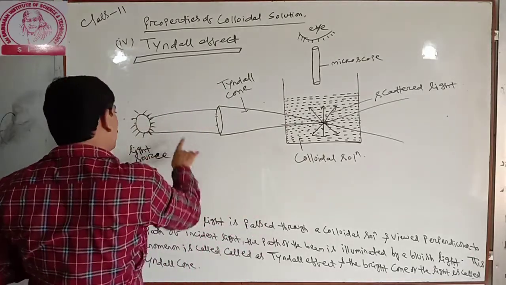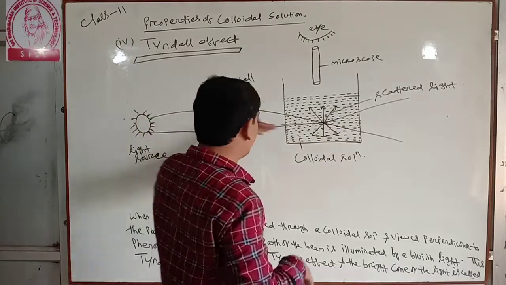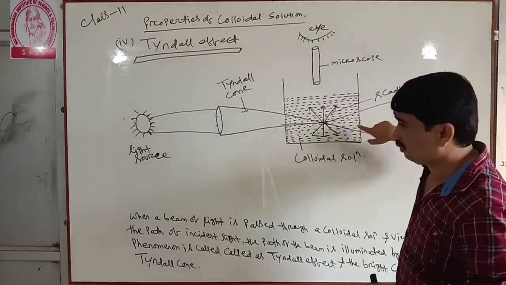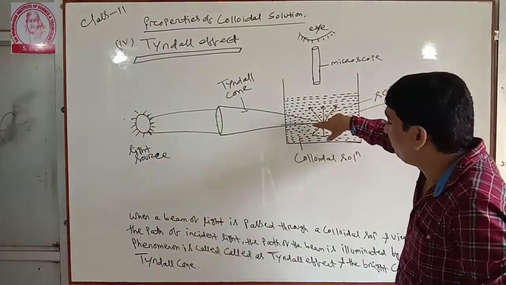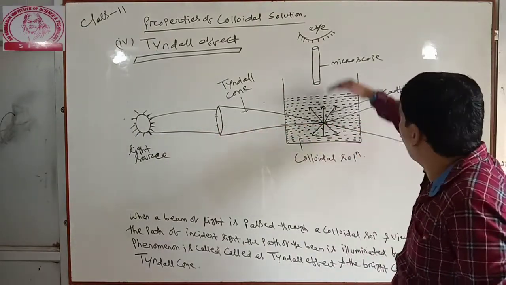First, look at this, this is the light source. From the light source, this is when we pass light through the colloidal solution. When a beam of light, first point, when a beam of light is passed through a colloidal solution and viewed